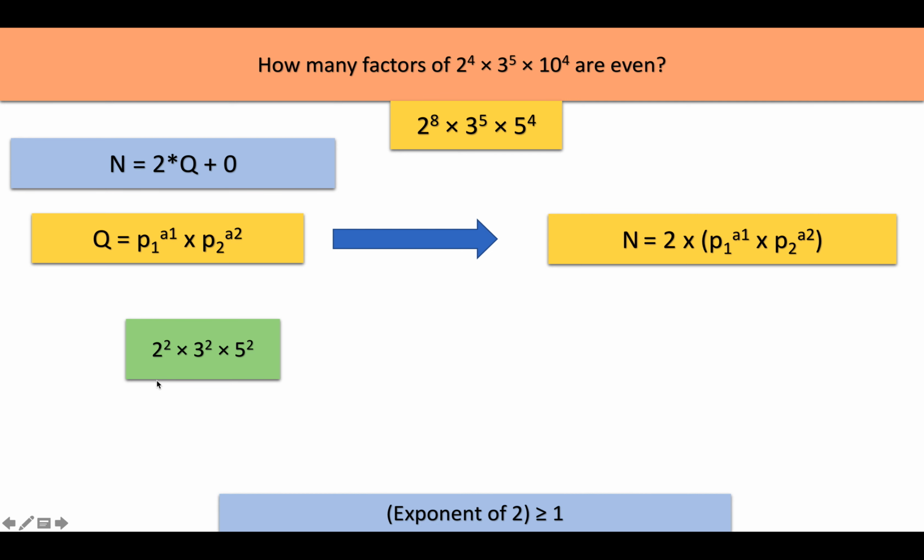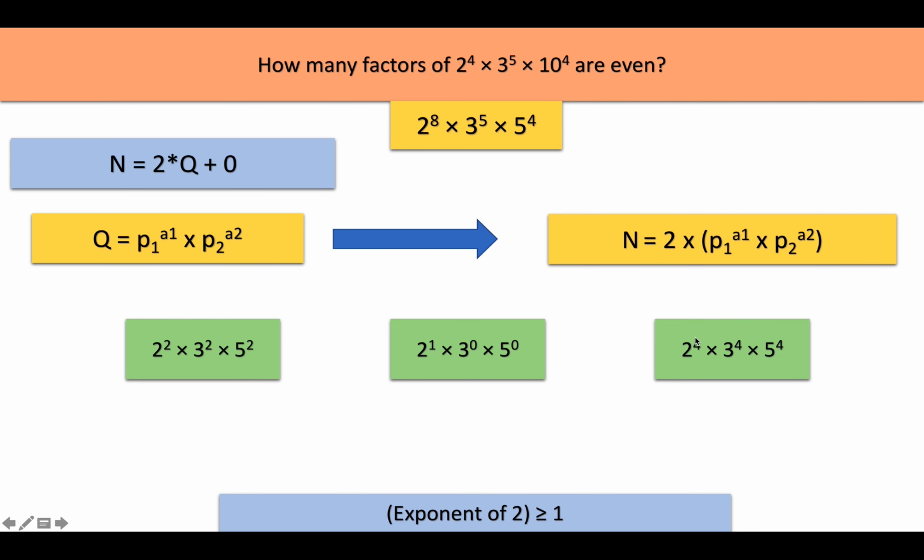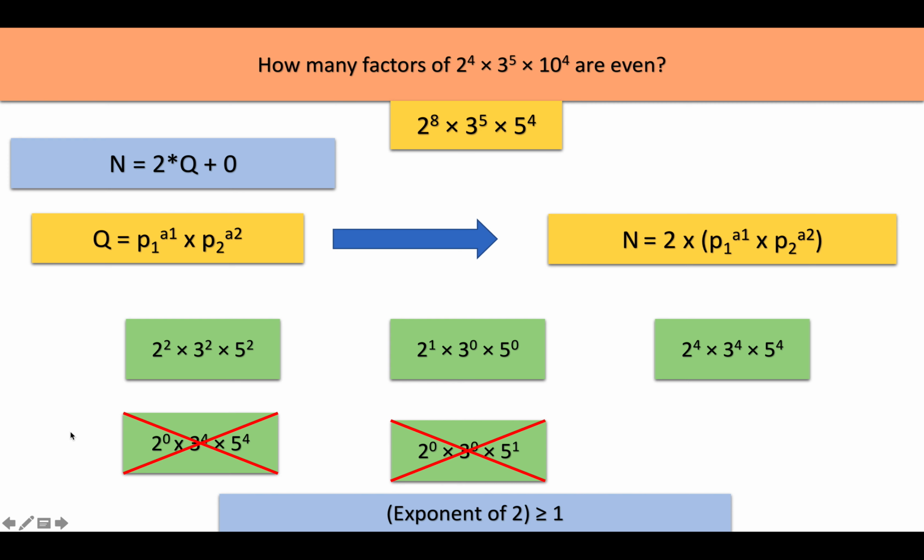So is this a factor of the given number which is even? Yes, because there is at least 1 power of 2 here. Here also we'll have at least 1 power of 2. Here also we have at least 1 power of 2, and all the exponents are less than or equal to the actual number. Here the exponent of 2 is 0, and also we can say that this number will definitely be odd, right? You can see 3 raised to power 4 is going to be odd, 5 raised to power 4 is going to be odd. When you multiply this, you will get an odd number because you have the power of 2 as 0, right? So this is not an even factor. This is also not an even factor. We have 2 raised to power 2 here, but again this 5 raised to power 6 is crossing the limit of 5 raised to power 4, so this is not a factor of the number itself.